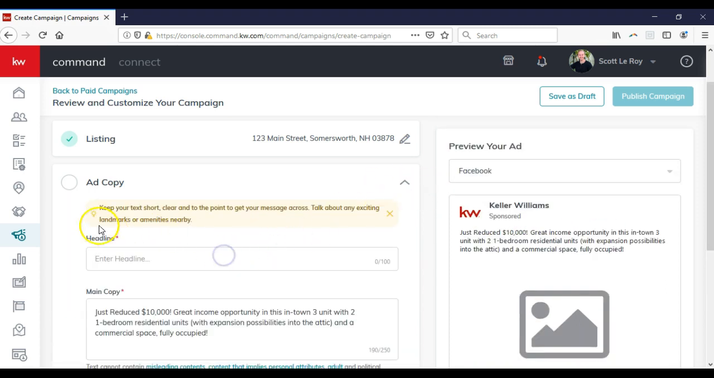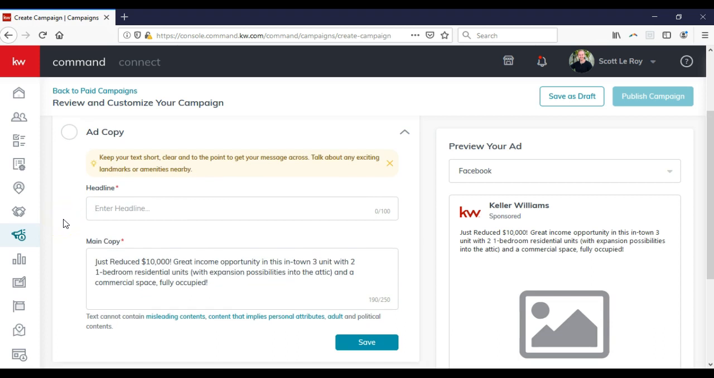copy too. So if I want to add inside a headline on here, this one just says for the main copy, just reached 10,000, great income opportunity. So I could actually put inside whatever I prefer. Usually it'll be some type of eye-catching headline. So if you are hosting an open house, maybe you want to put inside open house and the actual date and time on there. Or in this case, I could actually put